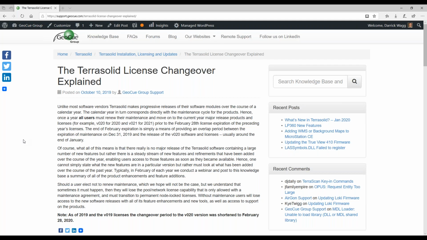All right, before we get started here, you should be seeing a page off of our searchable knowledge base that explains the license changeover. I just want to talk a little bit about version 20 and what's new. Unlike most software, for example our LP360 product, where we release one or two major releases in a year with a whole pile of new features in it,